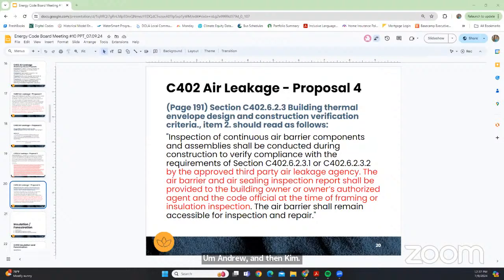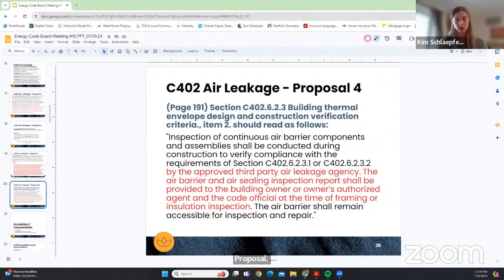I view this proposal in a similar view as the first proposal. I believe this proposal is misplaced in the incorrect reference. It would go under 402.611, and I believe it's making the documentation requirement more than the code intended, consistent with my comment on the first proposal. Okay, awesome. Thanks, Andrew. So consider that this might need to go in a different section.